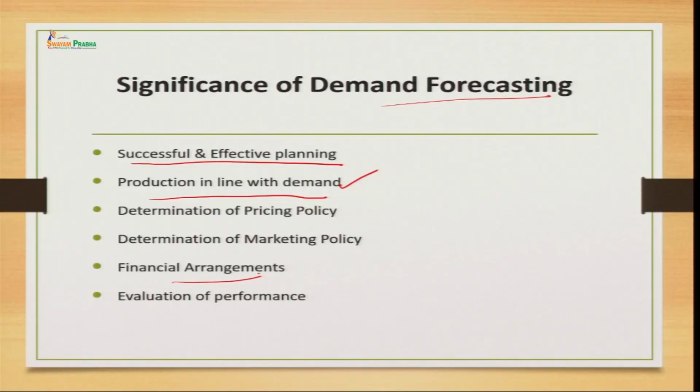Again, financial arrangements are very important. For the production of goods, we need inventories and we need capital as well, right. So, all of a sudden you will not be able to arrange the finance if you are not aware of the future demand of your product. So, it is always advisable for you to know your demand in advance, so that necessary arrangements can be done, right, because money is required to buy inventories, money is required for running each and every activity. So, financial arrangement is very important, and that cannot be done overnight. So, it is again very important to know the future demand of your product.